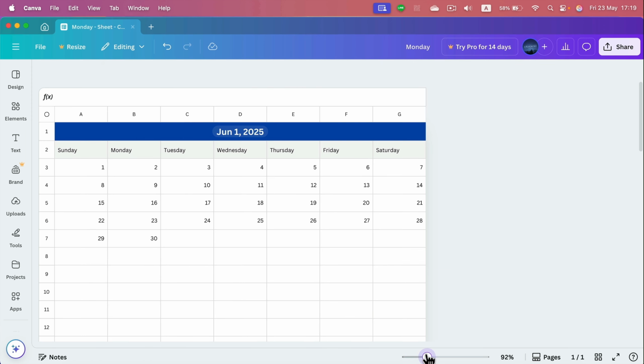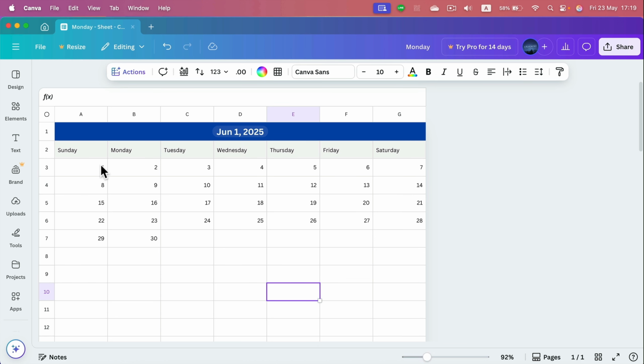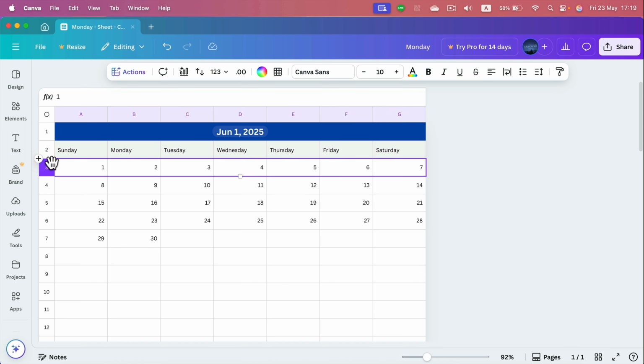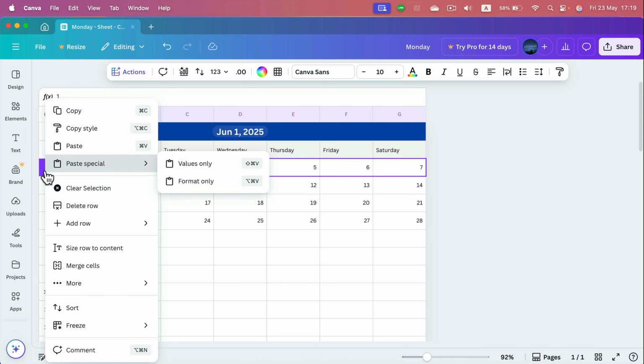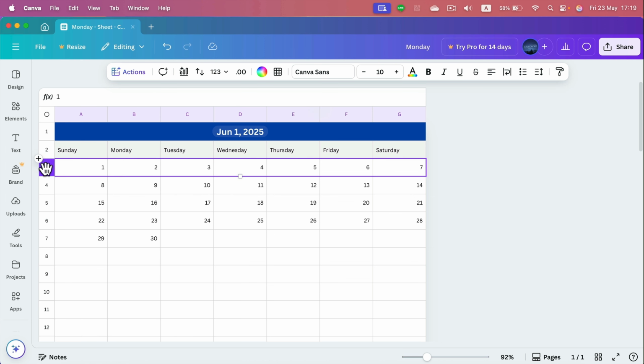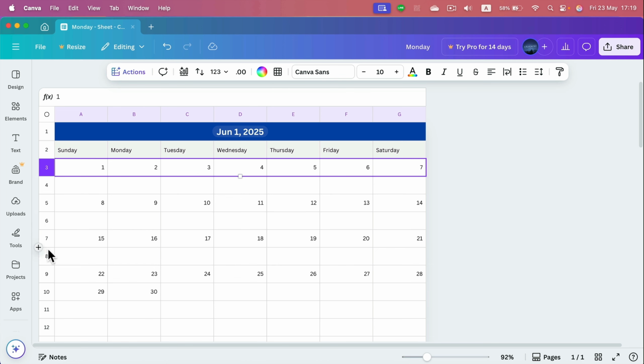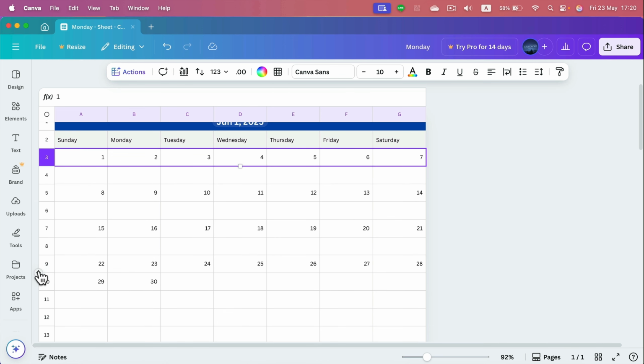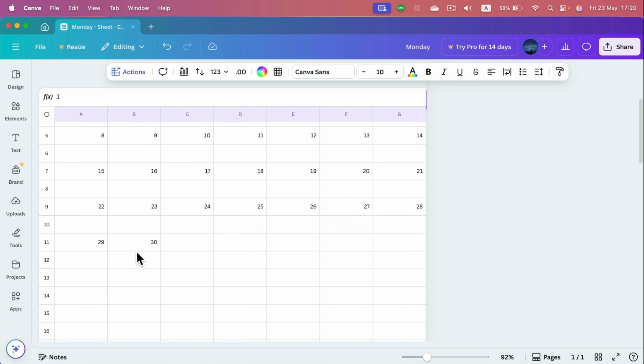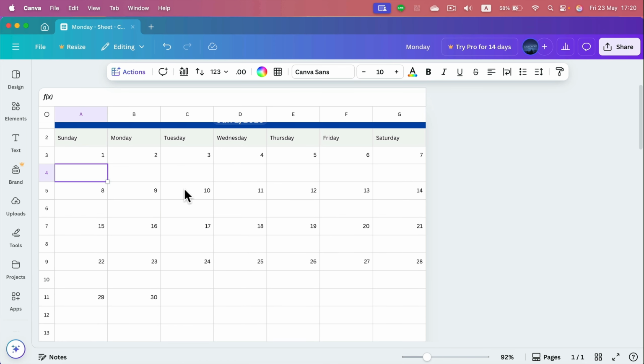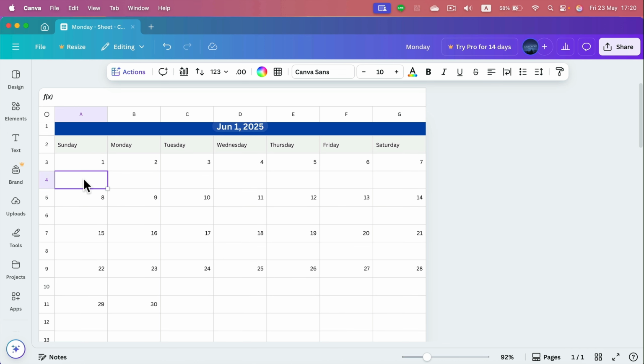Okay, so now I got a proper calendar. And what I like to do, I like to insert blank rows in between those rows. So I add a blank row below the first week. You can just hover your mouse on that row to see this plus. This plus allows us to very quickly insert an additional row. Okay, and now I got this extra space to write down my to-dos or make some notes, or even